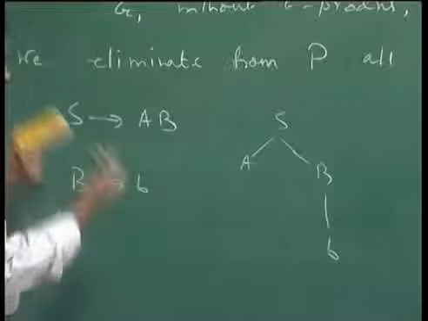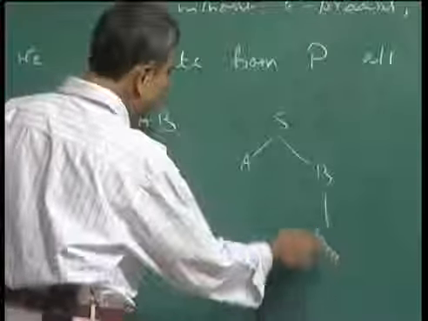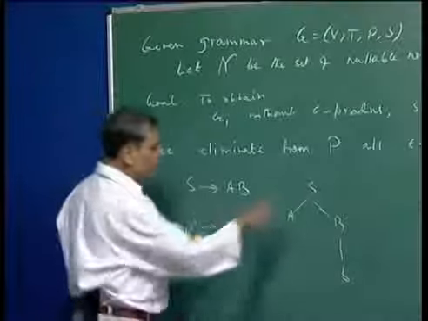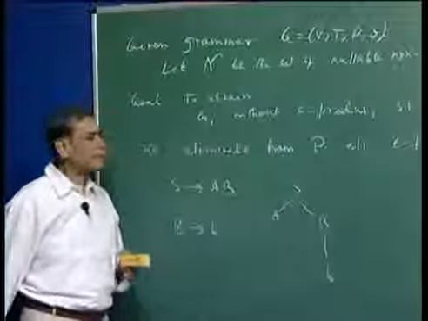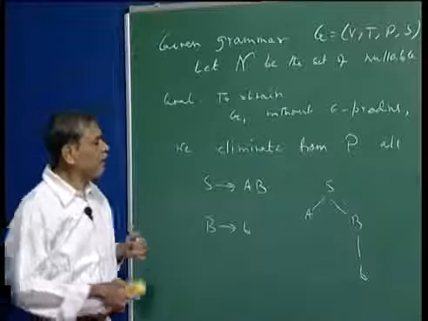So, I would not be able to generate the string B, which originally I could generate, because S goes to AB and then there is no way of getting rid of this A. So, clearly we need to do something more, and that is done by